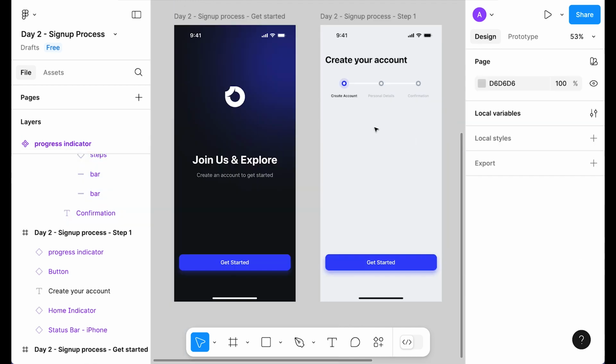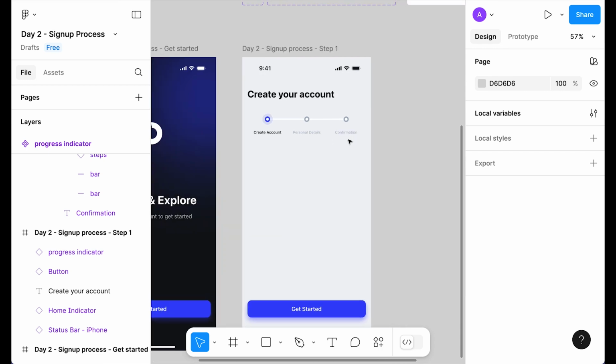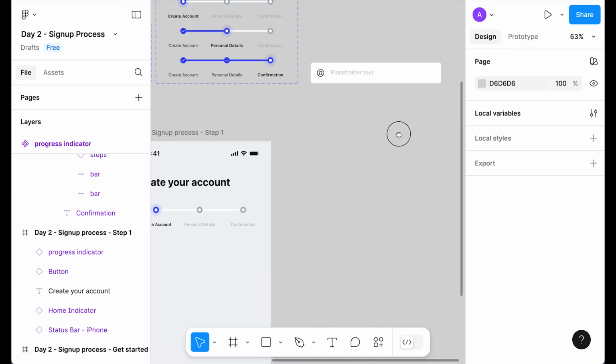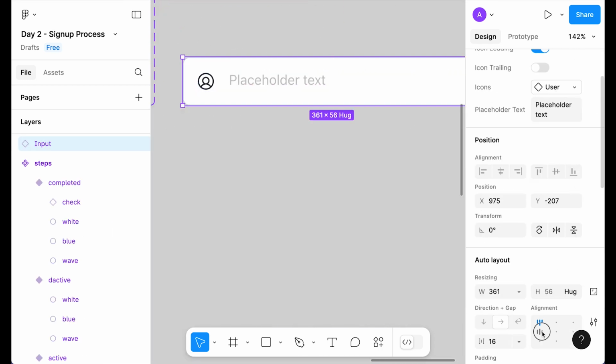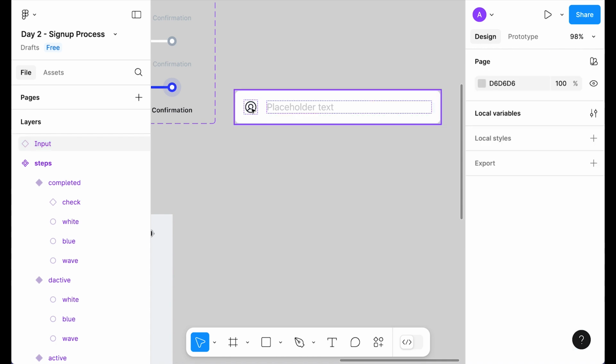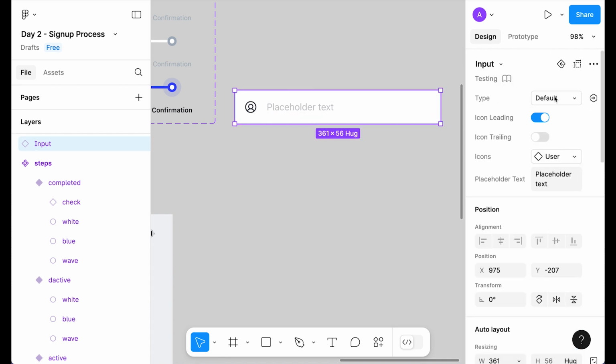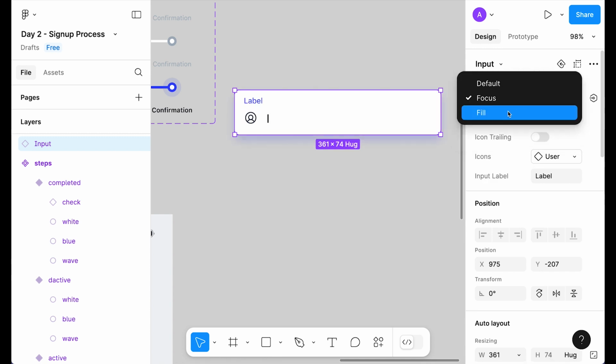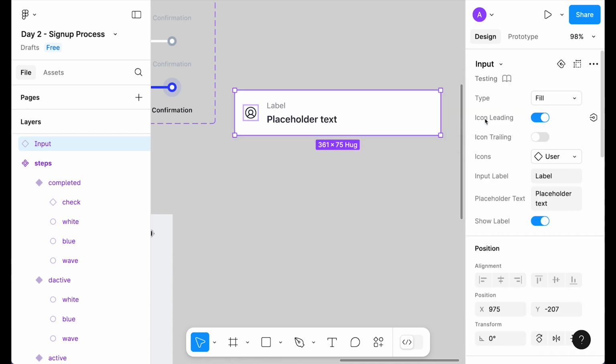Okay, so now it's time to place input in our design. This is basically creating account, so we need input. As we can see, I have already created a detailed video. You can find the link in the description below, where I show in a short video how to create input dynamically. We can change it, like for example focus to default to fill with multiple state, with also leading icon,